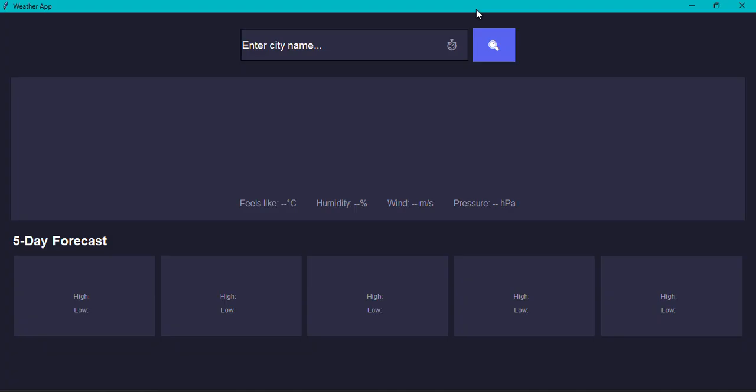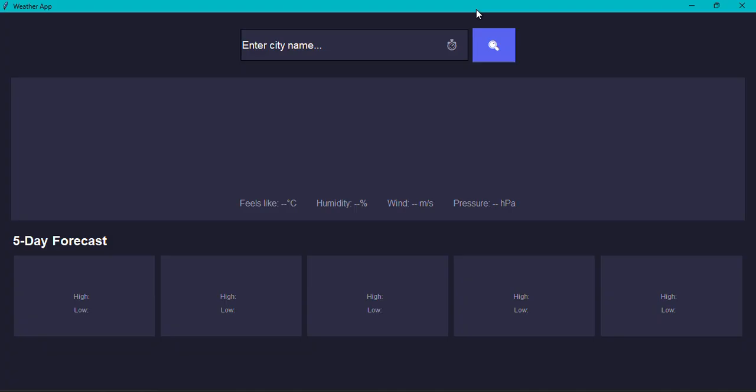So, what is it? This is a weather app built with Python and Tkinter. And with the core architecture, we use the MVC, which is the Model View Controller design pattern. This separates the application's data, the user interface, and control logic, making the code organized, scalable, and easier to maintain. The key features of this application: one, it fetches real data and a 5-day forecast, and then